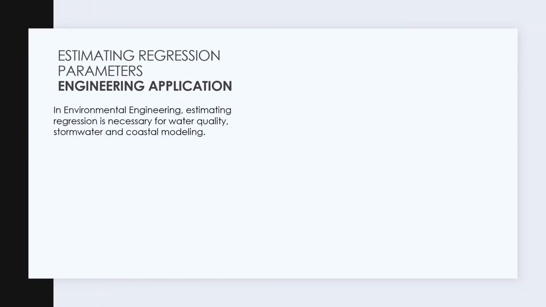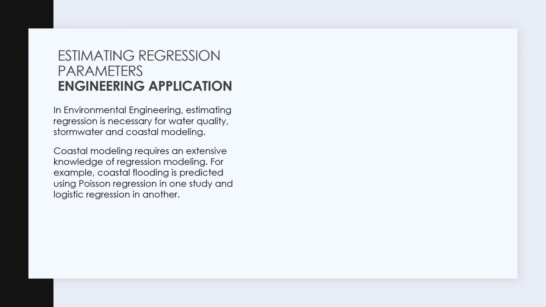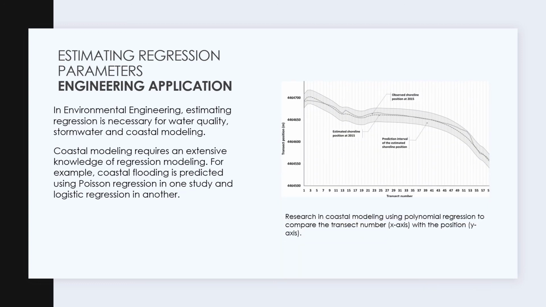So to continue, we use ANOVA and linear regression, regression in general, in environmental engineering for most of our work: water quality, stormwater, coastal modeling. I've seen it a lot in coastal modeling. And on the example on the right, this is a polynomial regression. I've seen Dr. Wall use a thing called WASP, and